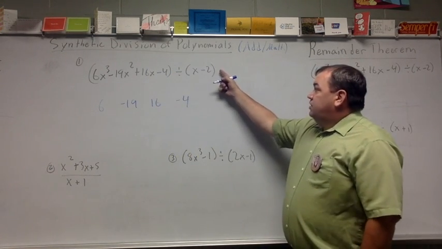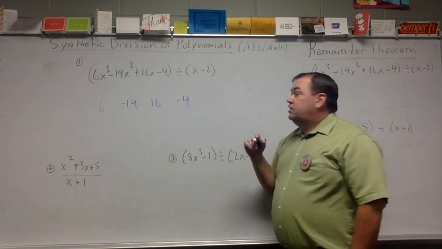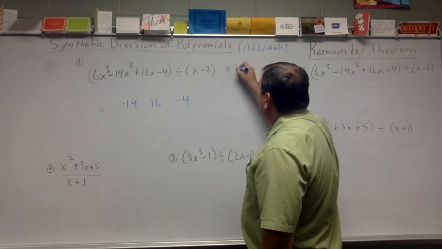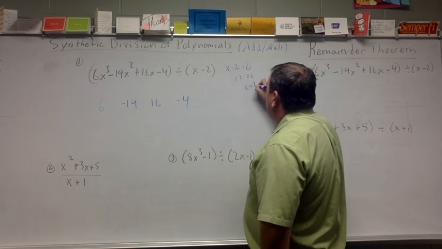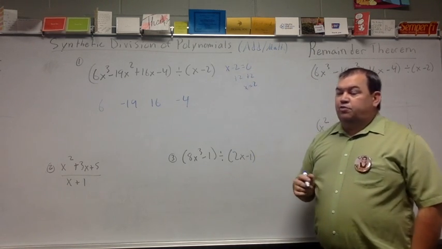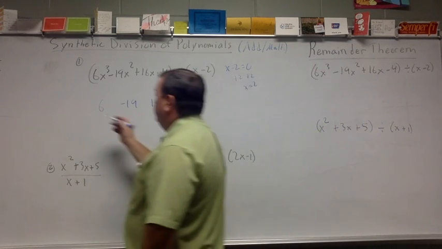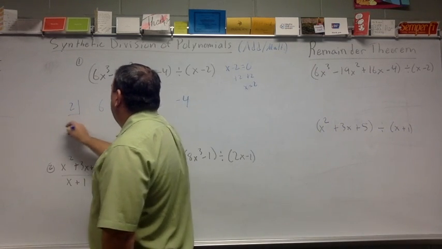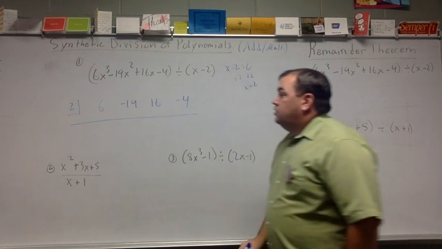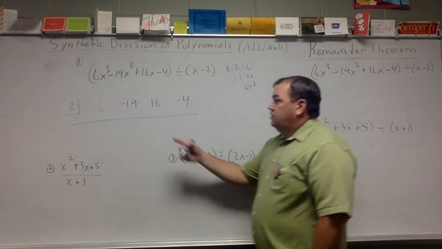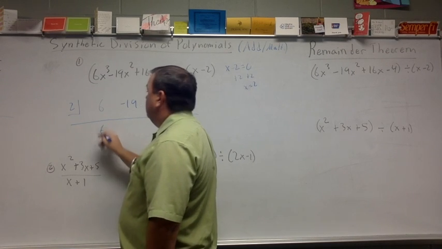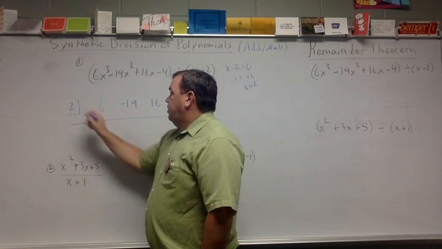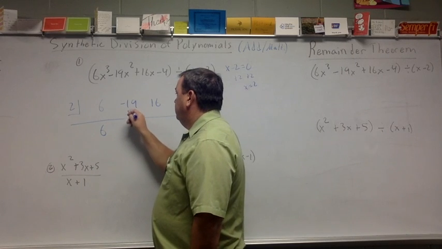And when I take this linear factor and put it in front, I have to think about what it would be if I actually solved it. So I'm going to put a positive 2 in front instead of a negative 2. So we're going to start out by adding 6, and there's nothing here to add it to, gives me 6. And then I'm going to multiply by 2,